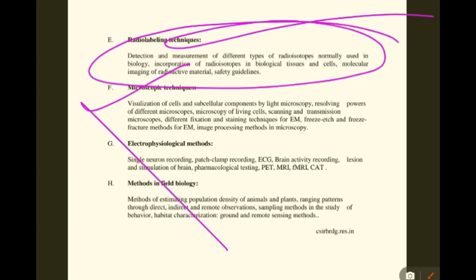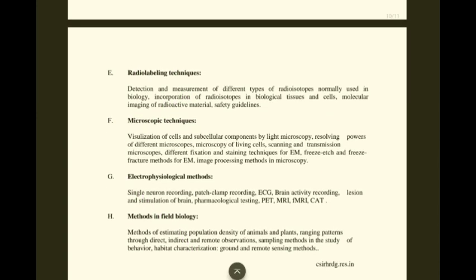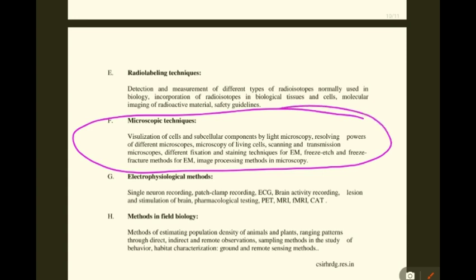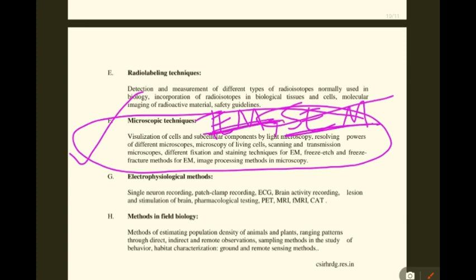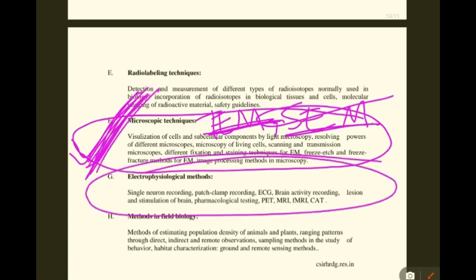about various microscopes, bright field microscope, dark field microscope, phase contrast microscope, electron microscope, scanning electron microscope, atomic force microscope, tunneling microscope, transmission electron microscope, all these things. How they are constructed, what are their purposes, how are we supposed to use them, all these things will be dealt with in this. Electrophysical methods, EEG, ECG, positron emission tomography,